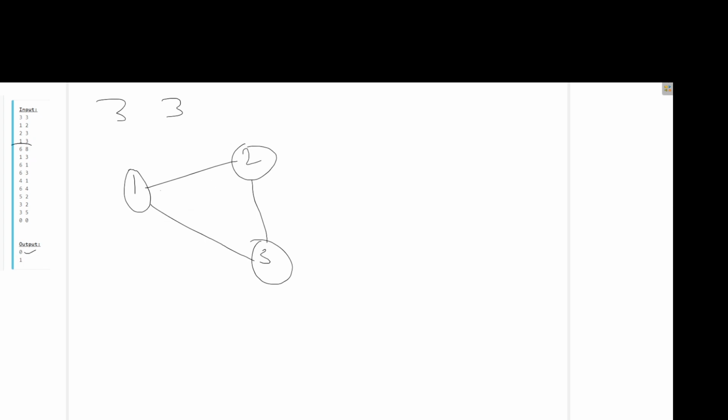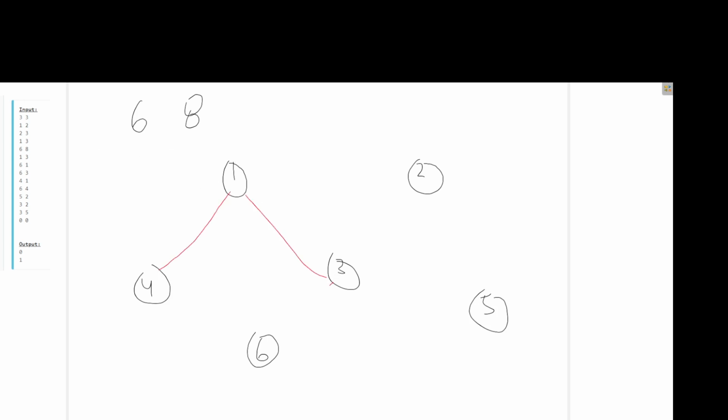Now let's take the example of the graph with 6 nodes and 8 edges. Let's draw this. We have 6 nodes, let's suppose 1, 2, 3, 4, 5 and 6, and let's make the edges.